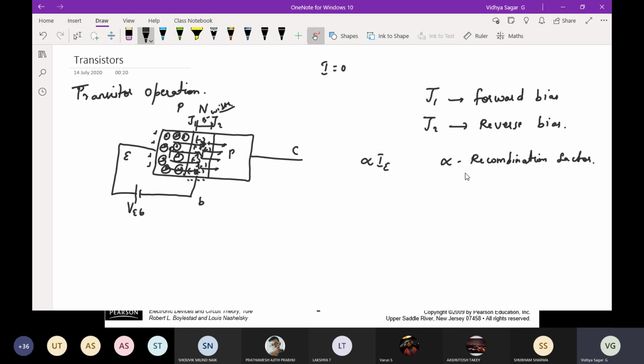So few charge carriers will get neutralized due to recombination. Removing that, you have your current as alpha times IE. Is that clear? Now applying the other potential, the remaining charge carriers will get into your collector region. Why? Because the potential applied across this junction gives the charge carriers more energy to cross over